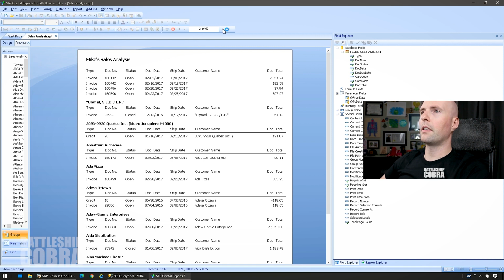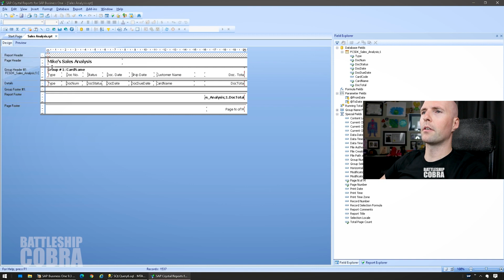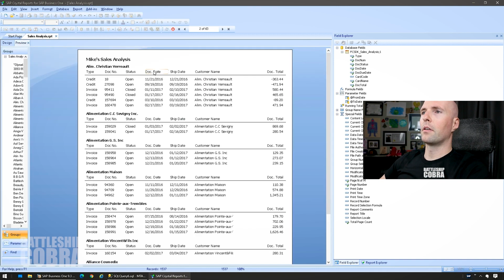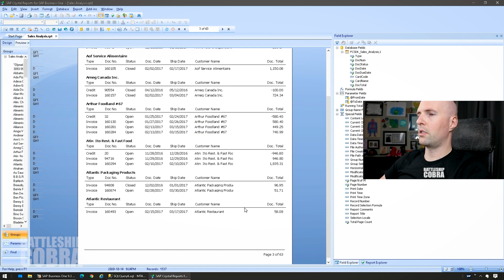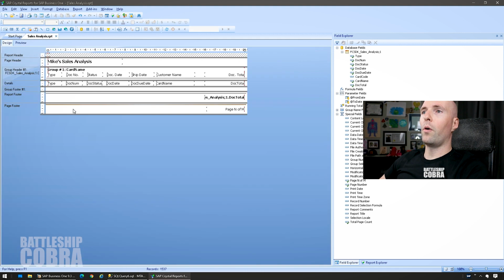Okay, looking good. Because that was blank, I'm going to put a little bit extra height on there. Okay, looking nice. So that's on every page. Let's see page 23. You see the total. We can go and look in the group footer and do a